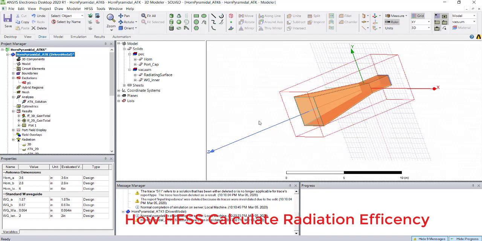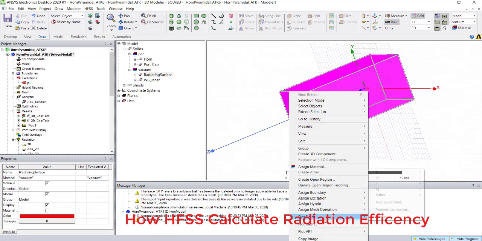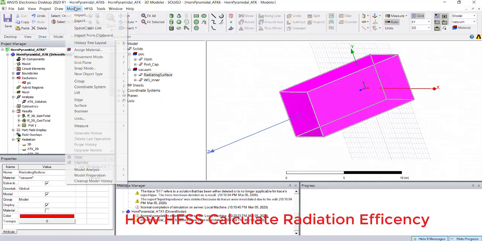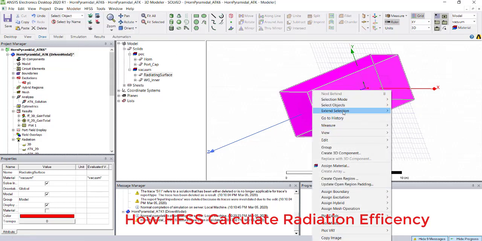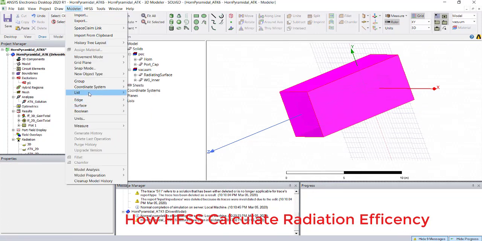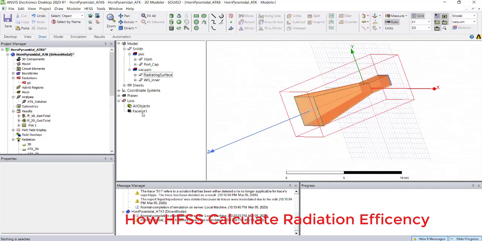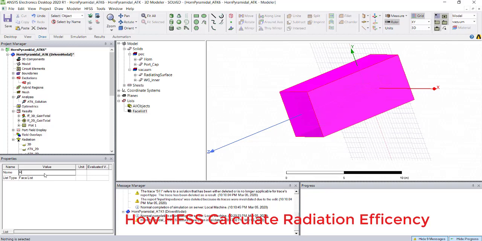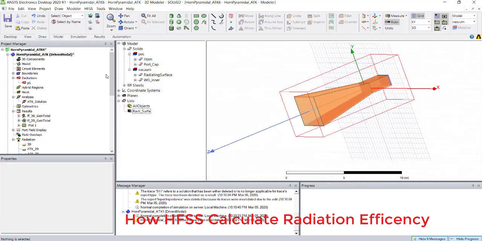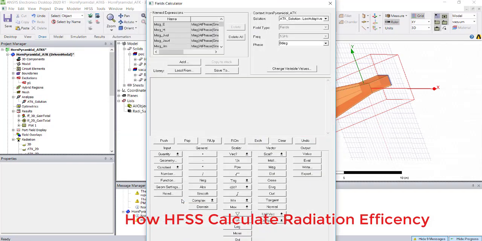So for that, select this radiation surface, right click, go to select all faces and create a face list. The name of the face list is radiation surface. Once this is done, go to fields, click on the calculator.